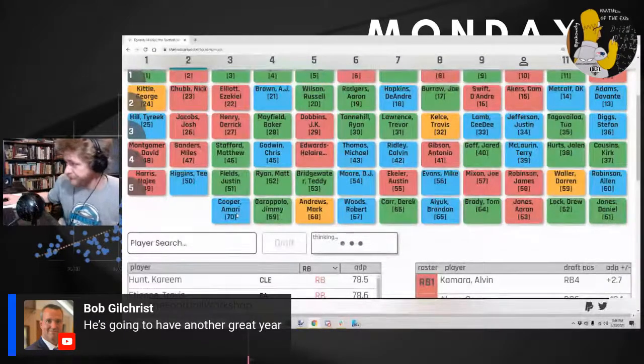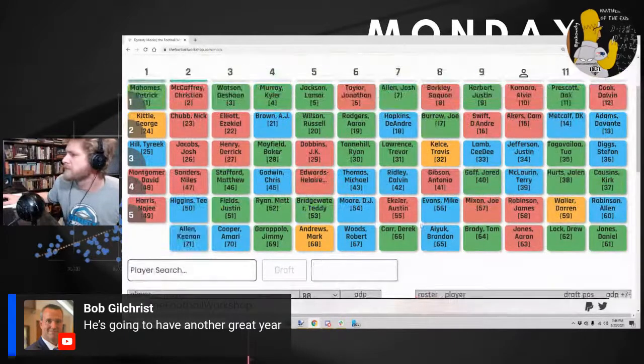Amari Cooper. Keenan Allen. Stalled. Don't stall out on me now. I want to know who the last pick is.